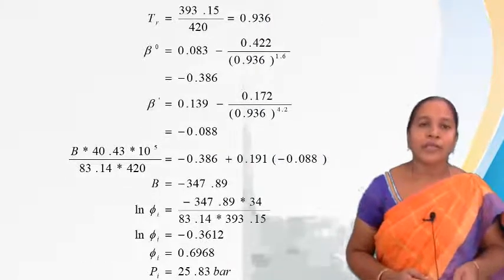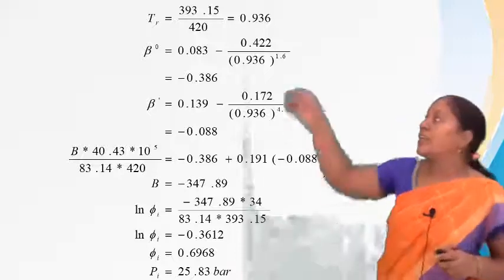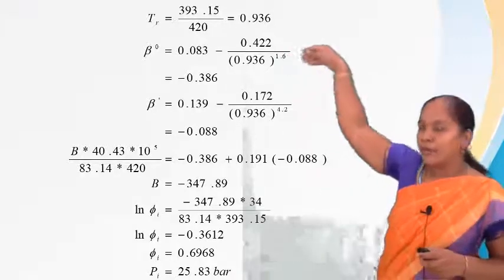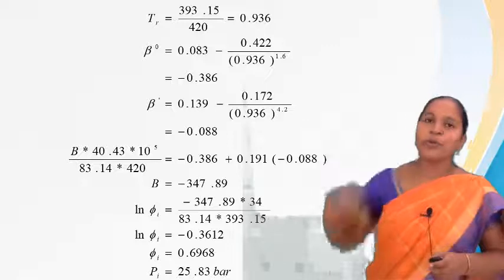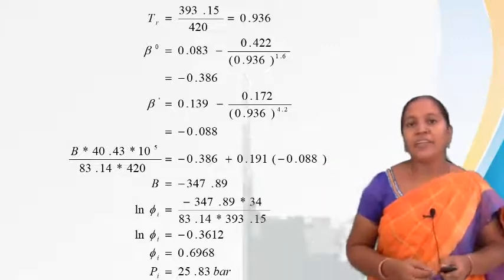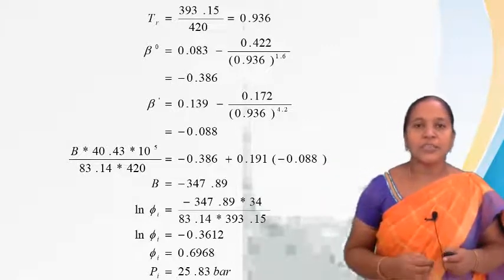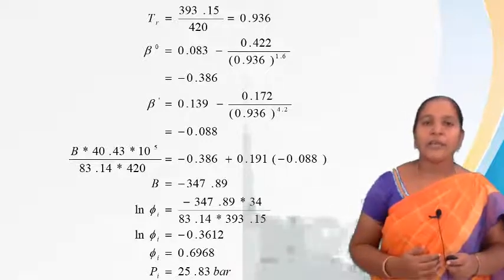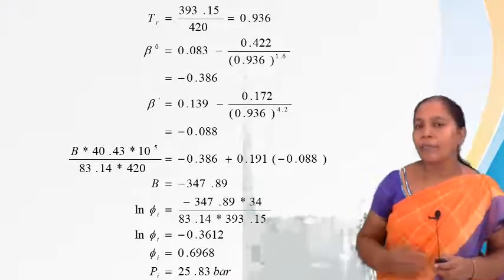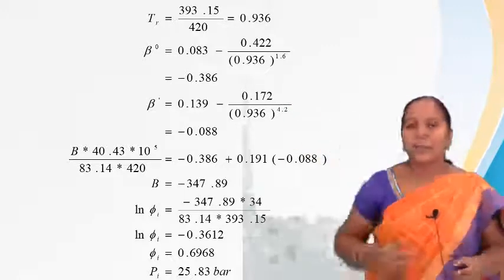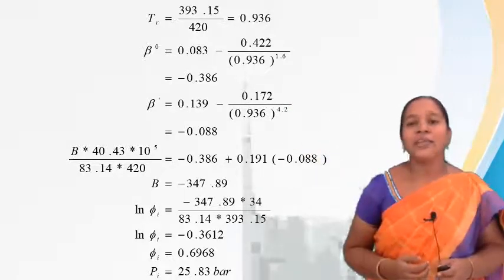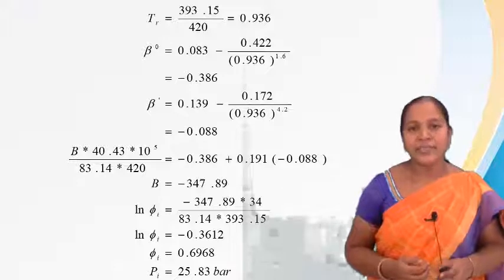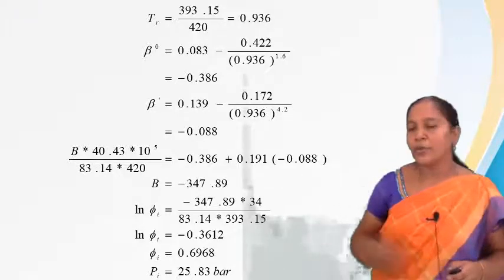Therefore, we have to calculate the Tr, that is equal to 393.15 divided by 420, which is equal to 0.936. After getting the value of Tr, substitute in the beta naught and beta dash expressions. Then we calculate the beta naught and beta dash values. Beta naught is equal to minus 0.386. Beta dash is equal to minus